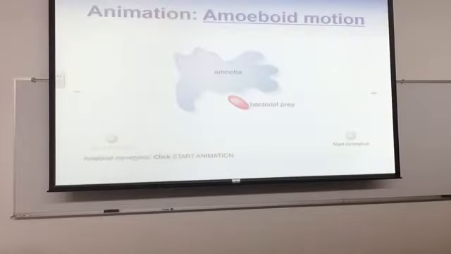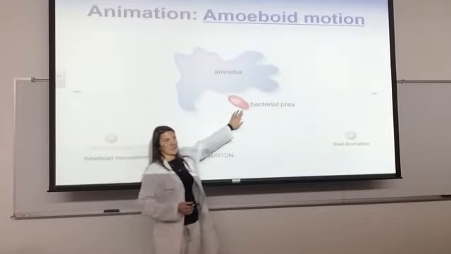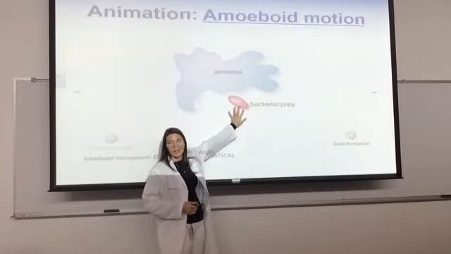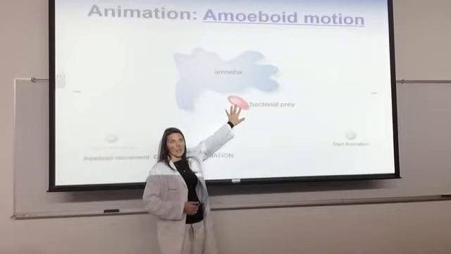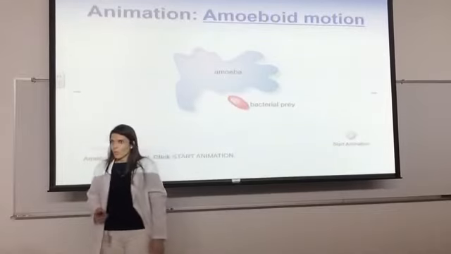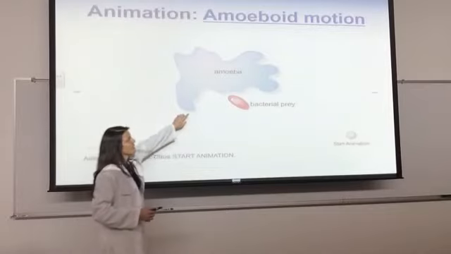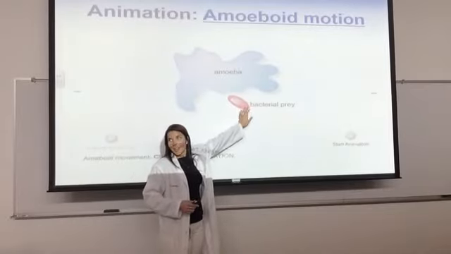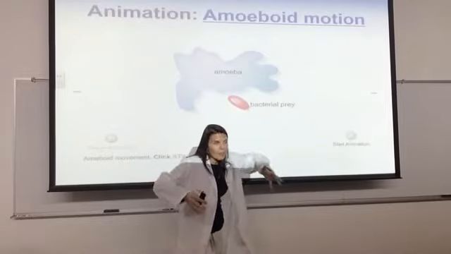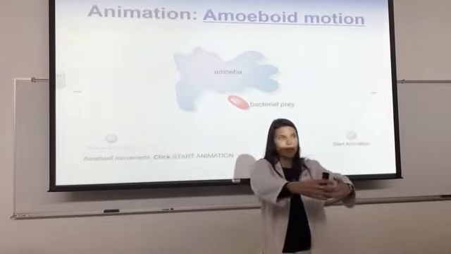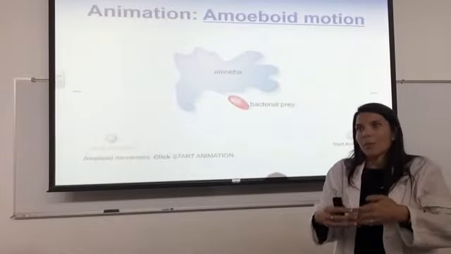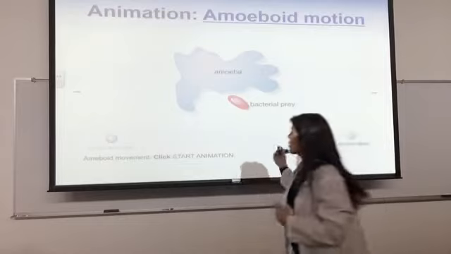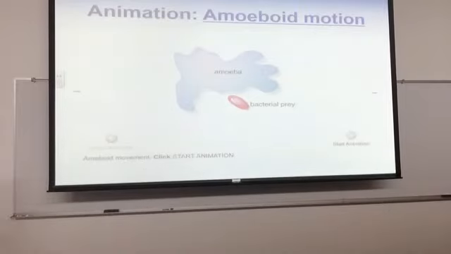That's just one example. But here, this animation shows you how it goes after its food. So here's an amoeba, which is a protist, and look at what it's preying on. Bacteria. Which one of these is prokaryotic? The bacteria. Which one of these is eukaryotic? The amoeba, which is a protist, and protist is eukaryotic. Nonetheless, it has sighted its food. And so this small bacteria, it throws its nastiness around, and it begins to engulf it, and it will digest it. It moves pretty slow, but it's a really cool process. So if you don't watch this animation, maybe watch one on YouTube. There's plenty of them on YouTube.